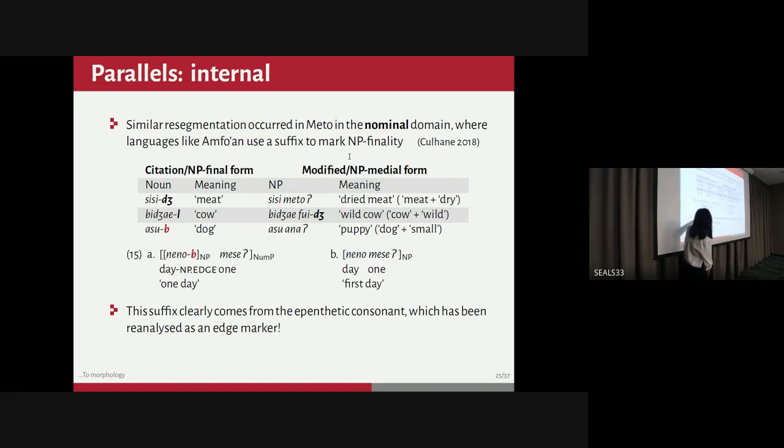And we have a minimal pair where if you say "one day," it's an NP and a NUM. So you get NP-final B, menob, meset, meaning one day, "I did it in one day." But if you have a compound like "first day," it's menomeset, we don't get the final B because this is really more like attributive modification, essentially.